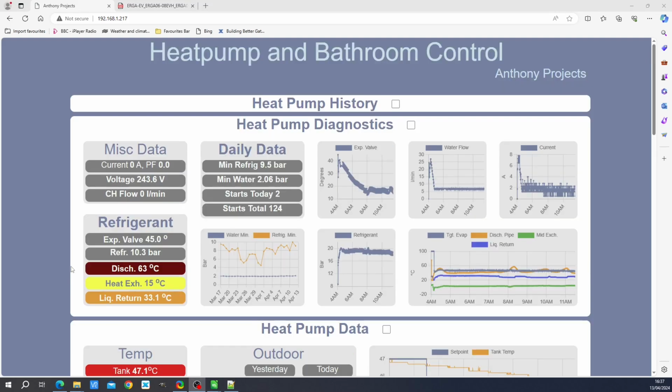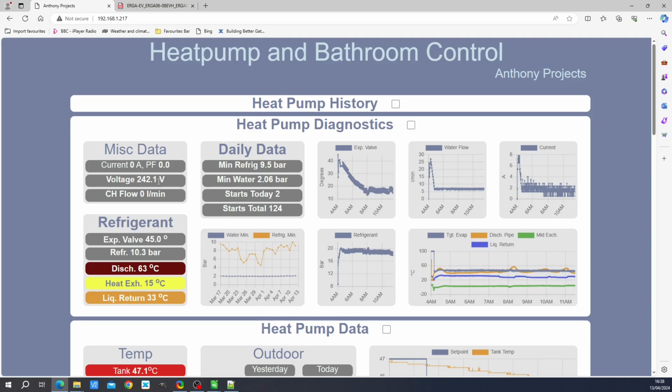Now, I was talking about the power consumption data in a previous video. You can't actually extract power consumption data for the heat pump from the heat pump. You can only extract the motor compressor current. So of course, in order to determine power consumption, you need the voltage. I talked about that in a previous video. I extracted that voltage directly from the SolarEdge